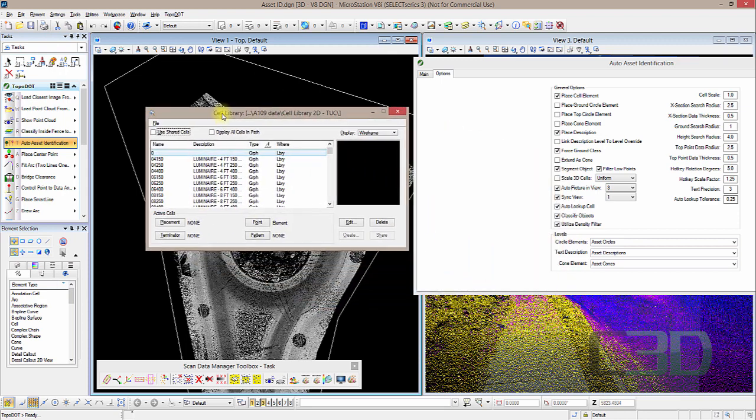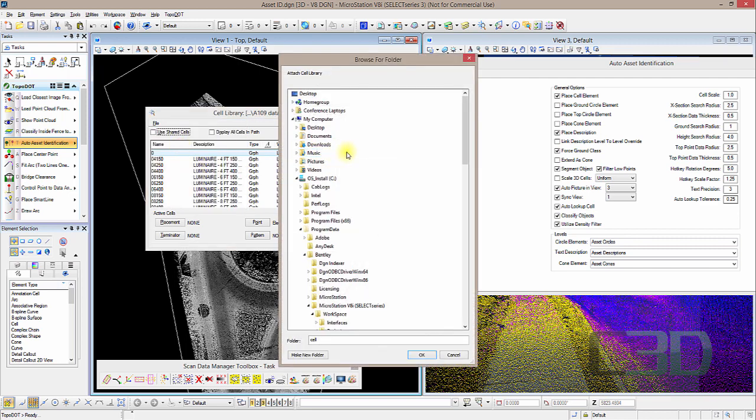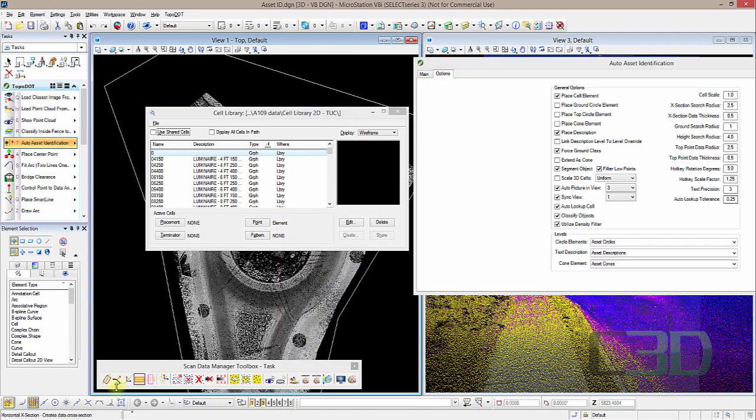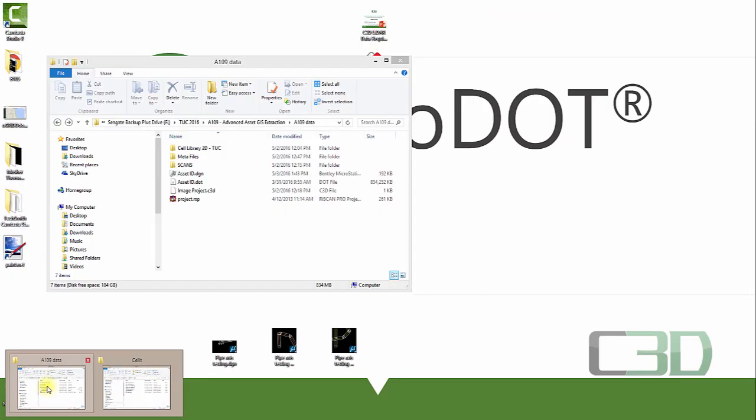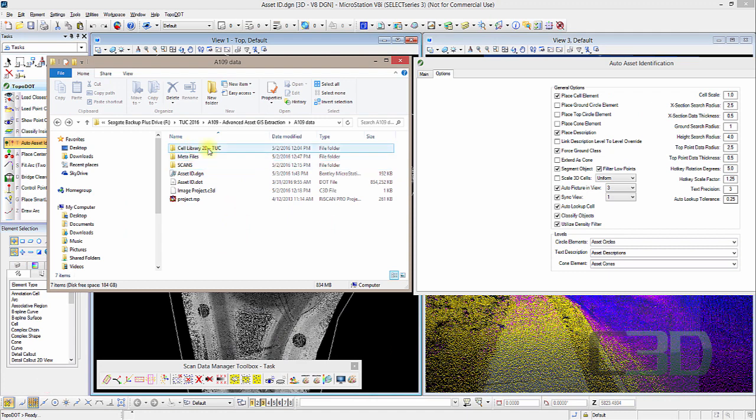At this point, the cell library should already be attached, but if not, you can go ahead and do a File, Attach Folder, and search for that folder within the class. Just go ahead and attach this folder here,